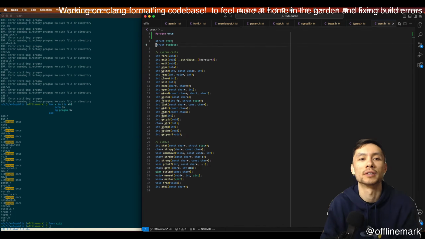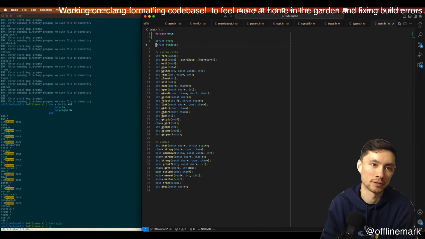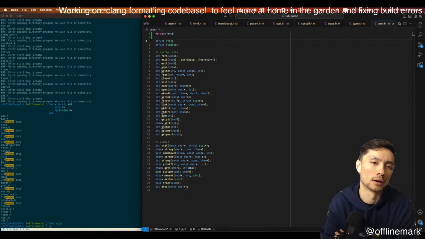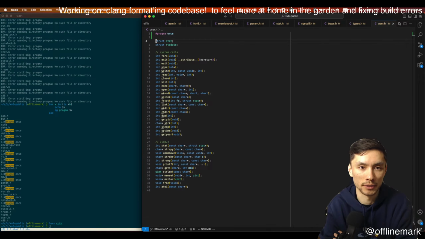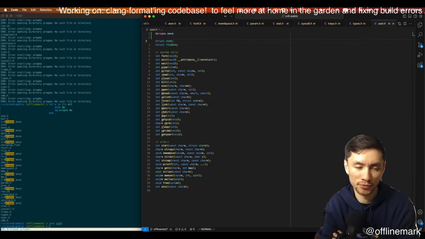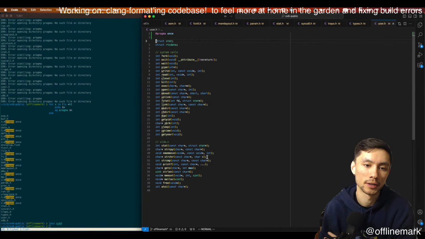Just for fun, in case you are not familiar with the syntax of these two lines, like the struct stat semicolon with no curly braces after it, those are called forward declarations. You use forward declarations when you need to reference a type only by a pointer to the type, not the actual type itself. If you needed the actual type, you need to include the full header where that type is.